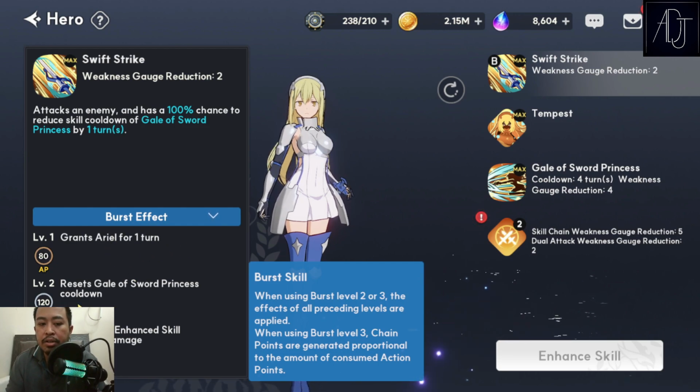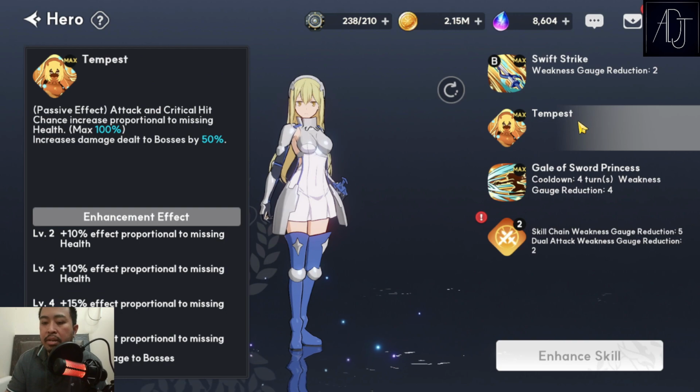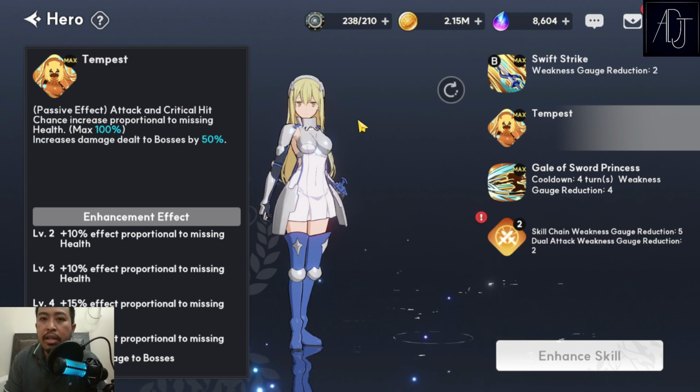Grants aerial per 1 turn, resets Gale of Sword Princess cooldown, the skill 3, and then you get an extra turn. Very nice burst skill effect on your skill 1. The only thing that I don't really like on Ice Wallenstein is the skill 2, because this one is very niche. You're not going to be relying on this one unless you really want to make her do her thing